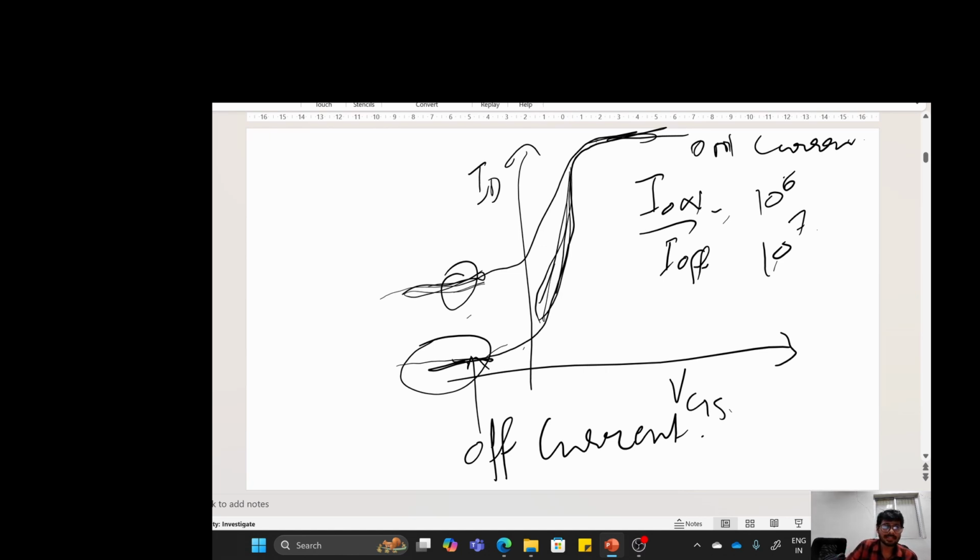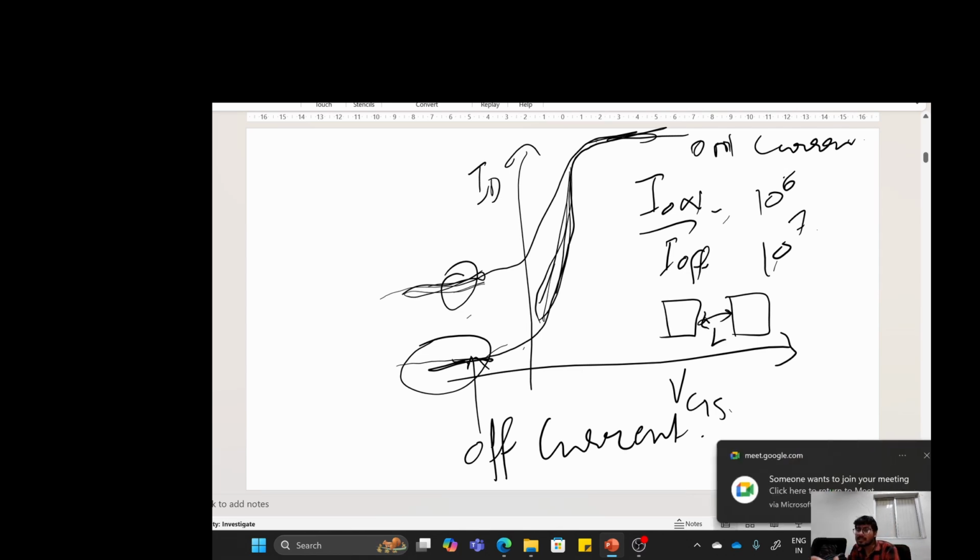So if you are decreasing, this is the source and this is the drain, let us say, and this is the channel length L. If you do miniaturization of things in that sense,